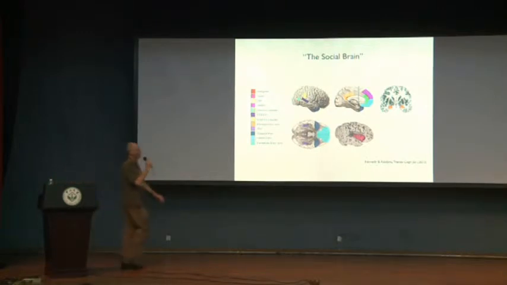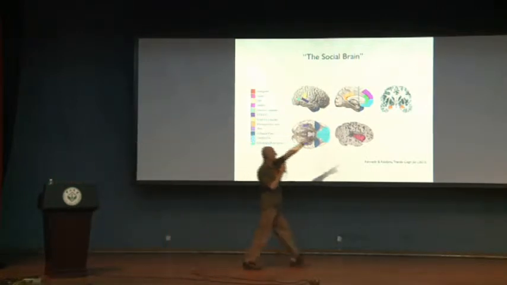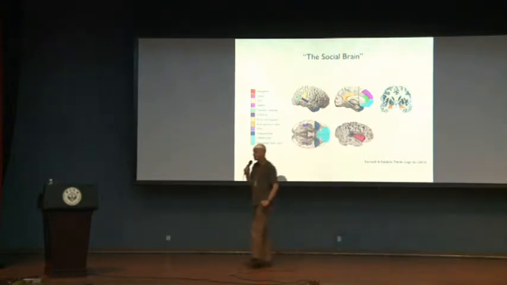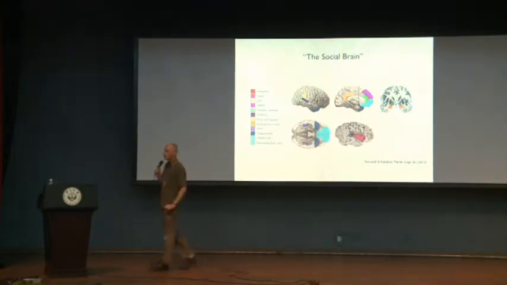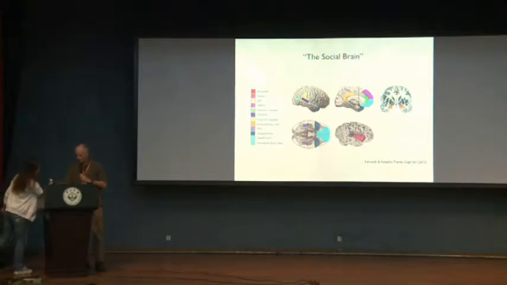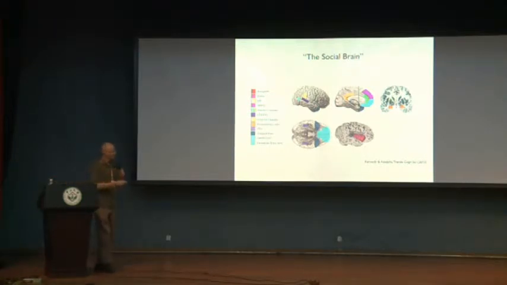If you lesion these structures, like the amygdala, which is the one right back here, you can cause fairly selective impairments in aspects of social cognition. So there's lots of evidence implicating these structures. And again, a big caveat being that these are all connected together, so they don't function in isolation, but they're components of a brain network.